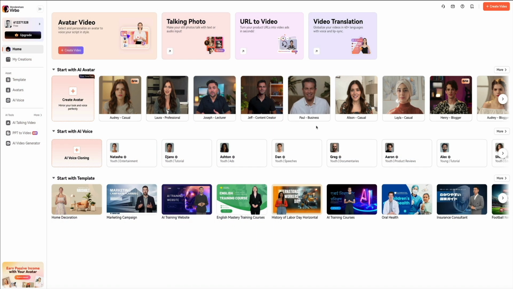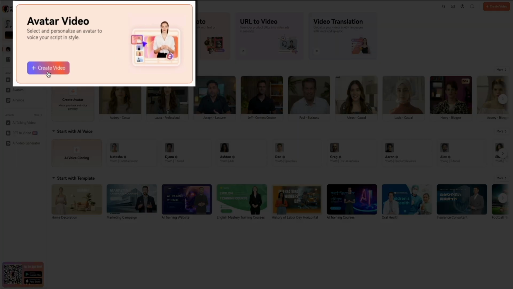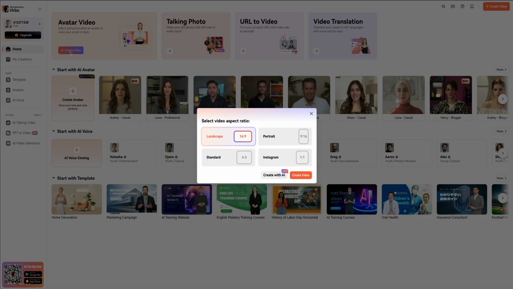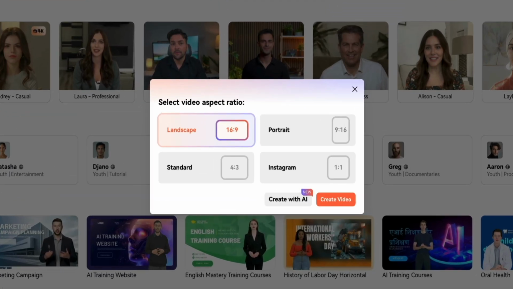So to get started with your AI avatar video, from the main dashboard, hover over the avatar video card and click the Create Video button. This will open a pop-up asking you to choose your video's aspect ratio. You can go with landscape, portrait, standard, or square for something like Instagram. But in this example, I'll select 16 by 9, which is perfect for YouTube, and then click Create Video to